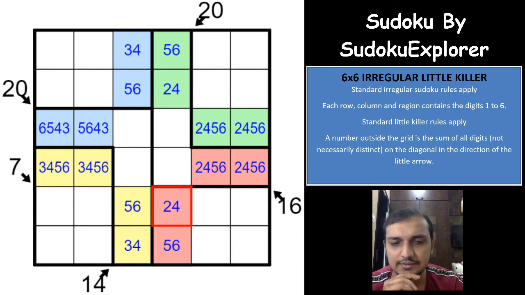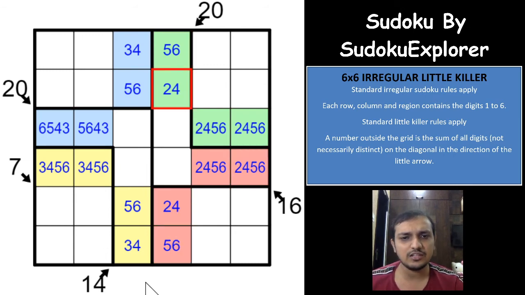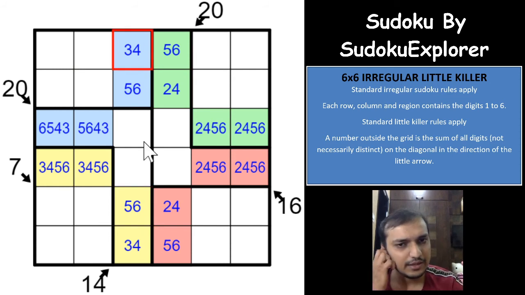We already know that one of the green cells will be a 2 or one of the red cells will be a 2, and that 2 will be transferred to one of the green and red cells over here, and the other cell would have to be 4 or 5 and 6, because we already got the 5 and 6 pair here. So the other 2 digits would have to be 2 and 4, because the whole group of green and red cells is 2, 4, 5, 6, and the 5, 6 pair is already formed in this column, which means the other 2 digits will have to be 2, 4. Same way for the blue and yellow, right? And that is why I have marked that here.